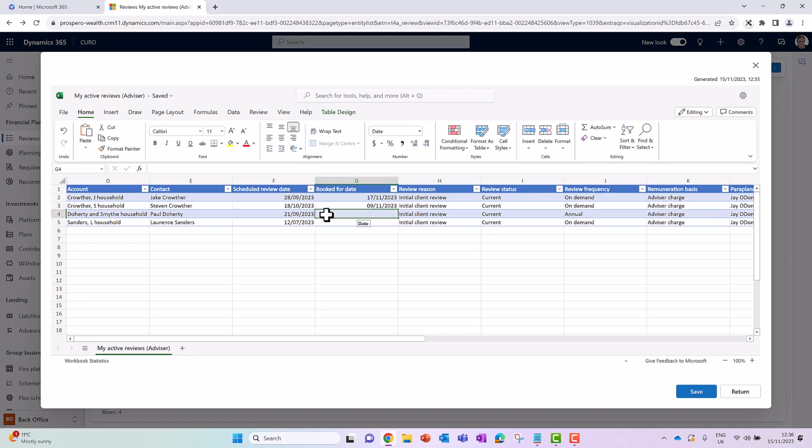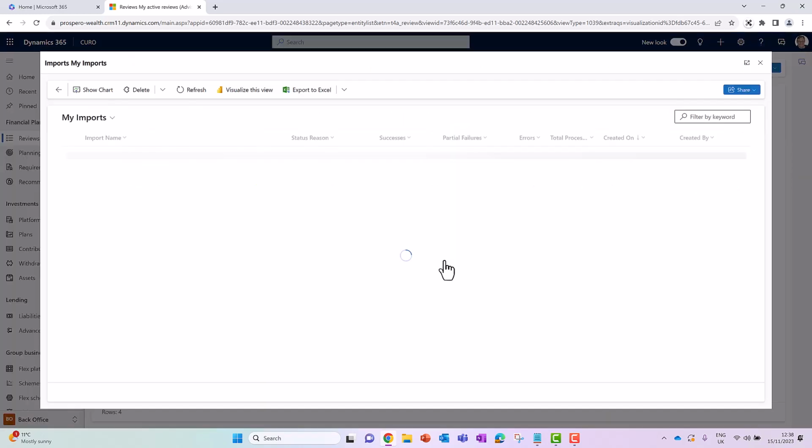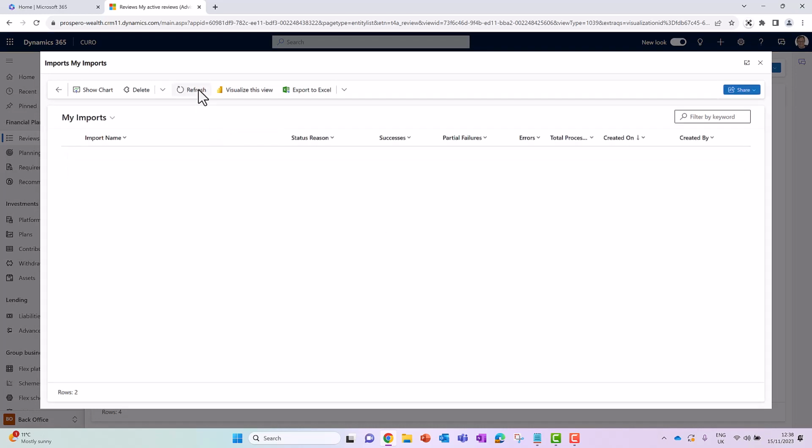Note that Excel knows all the permitted pick list values that I can choose from, as these are shared from Curo. When I save the changes I've made, I have 2 options. I can either go and monitor the update of my data, or I can just get on with my work and check in later. I'll choose to monitor, and I can see the import task here alongside ones that I have completed previously. If I select refresh, then I can see that my update has been successful and all 4